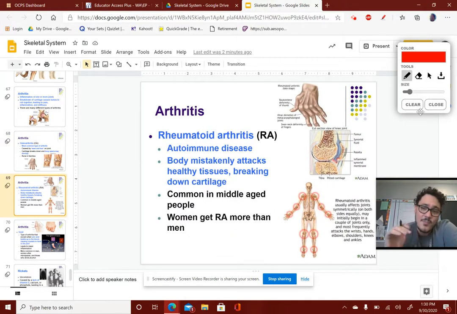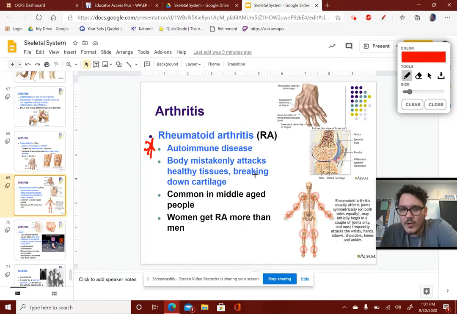Rheumatoid arthritis. This is a big one. Why we care a lot about rheumatoid arthritis is because it's the first autoimmune condition that we have talked about. Autoimmune diseases are conditions that affect or basically hijack your immune system. Well, the most prominent autoimmune disease that most people are aware of is HIV, which becomes AIDS. The way that HIV is so successful is that it hijacks your immune system and makes it barely functioning. That's why people die of HIV. It's not because of the virus itself. It's purely because it makes your immune system so weak that the common cold, the bacteria that you deal with daily could kill you.